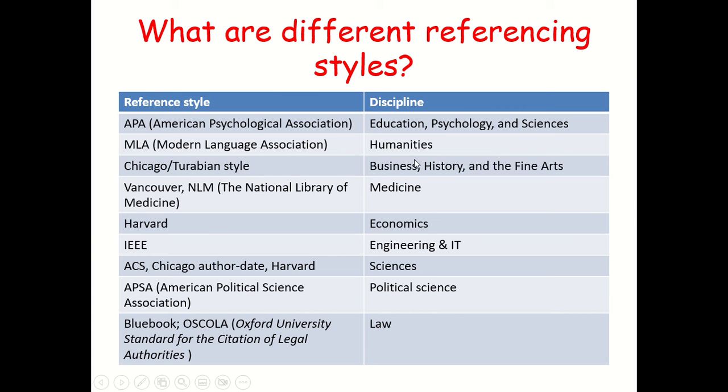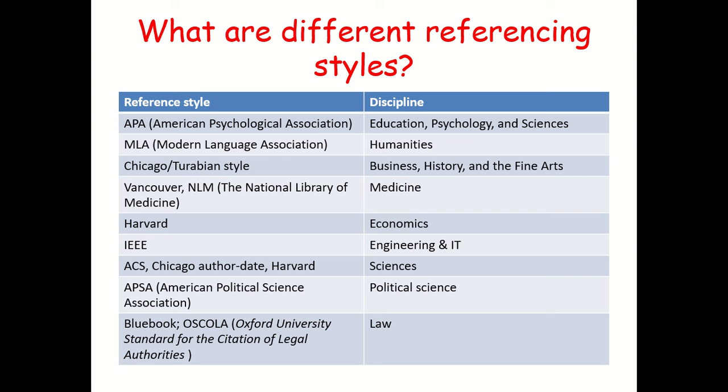When you are working in the field of humanities, you use the MLA style. In business, history and fine arts, you go for Turabian or Chicago. In medicine, we are going to use Vancouver or NLM, the National Library of Medicine. This referencing style we are going to use